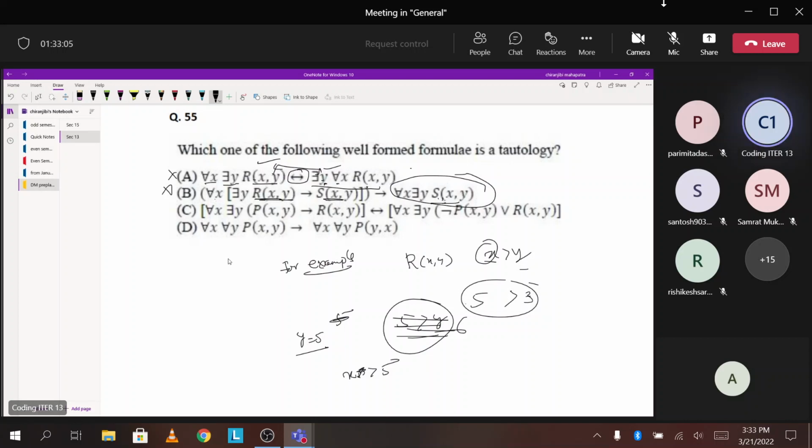ठीक है, then consider the C statement: for all x there exist y, p x y given r x y, और यहाँ पे देखो for all x there exist y. ओके, यहाँ पे देखो p then r है, और यहाँ पे क्या है, सो अभी तो ये फॉर्मूला बहुत बार यूज कर चुके हैं हम लोग, p then q, ये सिमिलर स्टेटमेंट है, नेगेशन ऑफ p और q। सो यहाँ पे वही चीज़ यूज किया गया है, देखो p then r, दैट इज नेगेशन ऑफ p और r, तो ये स्टेटमेंट करेक्ट है। सो ये दोनों स्टेटमेंट इक्वल है, तो ऑब्वियसली डबल इम्प्लाइज रहेगा, ये यदि ट्रू होगा देन ये भी ट्रू होगा, और ये फॉल्स होगा देन इट विल आल्सो फॉल्स। ओके, सो दैट्स व्हाई दिस इज ए टोटोलॉजी, ये हर टाइम ट्रू रहेगा, और ये यदि ट्रू है, हम यदि कंफर्म है तो इसको चेक करने का मतलब नहीं है, ये भी फॉल्स हो जाएगा, चेक कर सकते हो तुम, बट दिस इज द सी इज द आंसर।